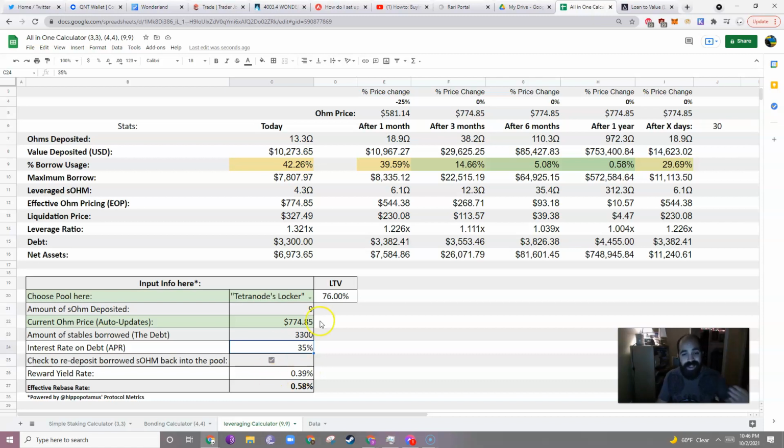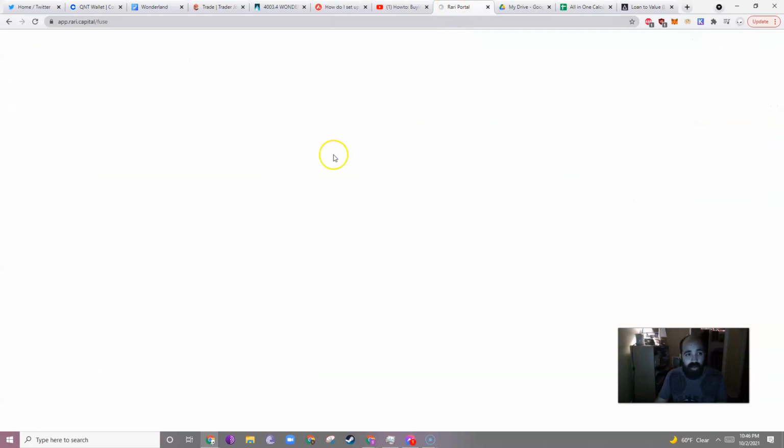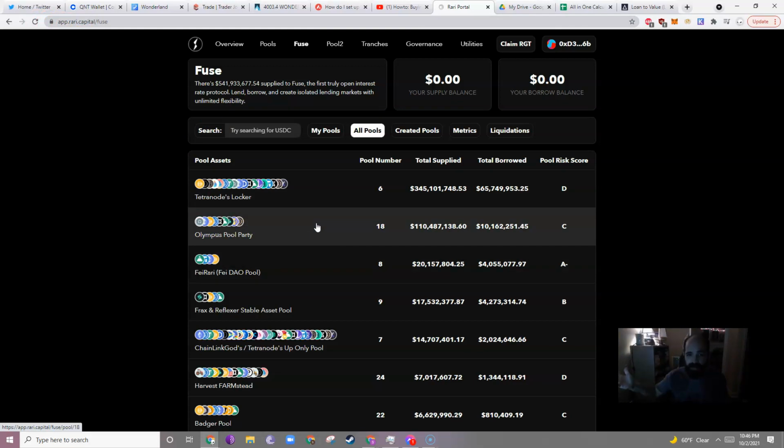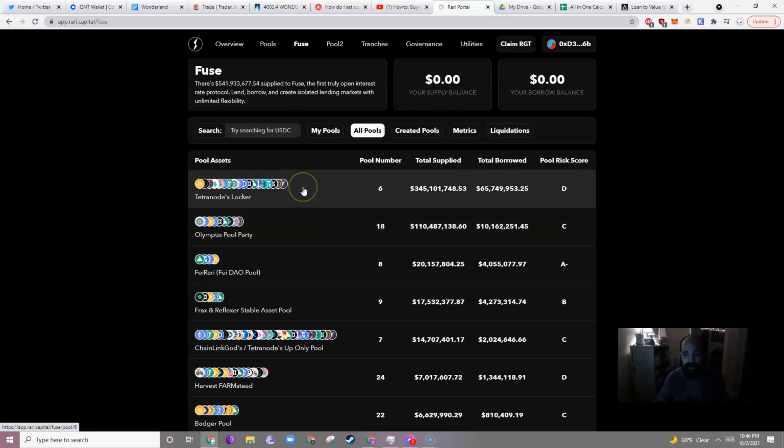So let's walk through how to actually do this, right? You want to go to the Rari portal, which is app.rari.capital. If you want to use Olympus Pool Party for the 30% LTV, absolutely, go ahead, go for it. If you want to use Tetranode's Locker for that 76% LTV, be careful, you don't want to get liquidated. You would go to Tetranode's Locker, right? Pool risk score, not a great risk score, right? Because it's a little bit dangerous to be